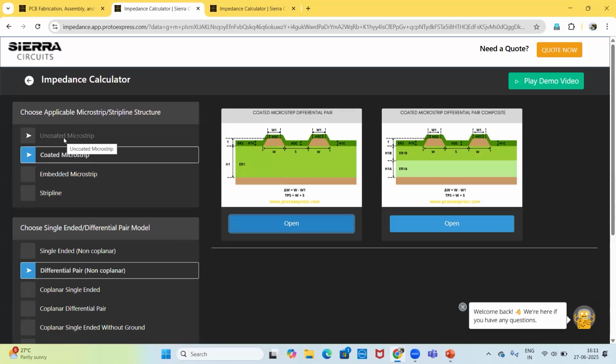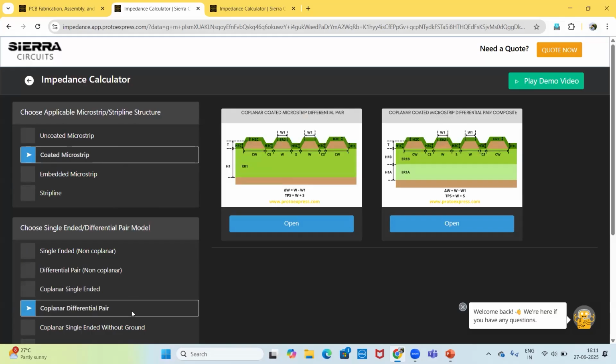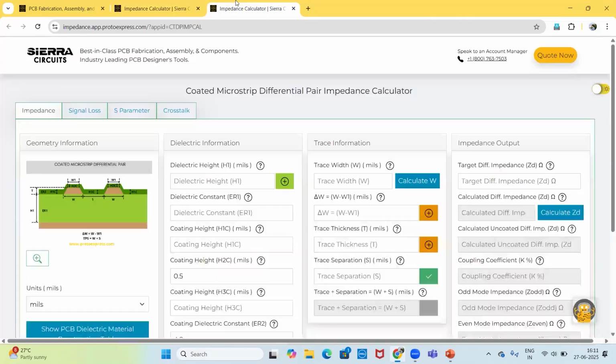As you can see, we have the uncoated microstrip, the coated and the embedded microstrip, and the strip line. And for each of these specific models, you can choose the single-ended, differential pair, the coplanar single-ended, etc. here. So let's choose the coated microstrip differential pair for now and enter the input parameters.